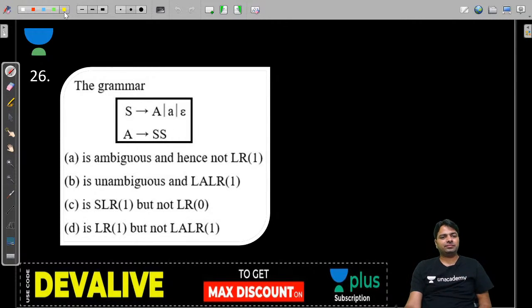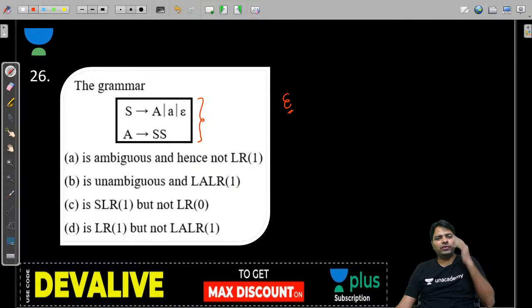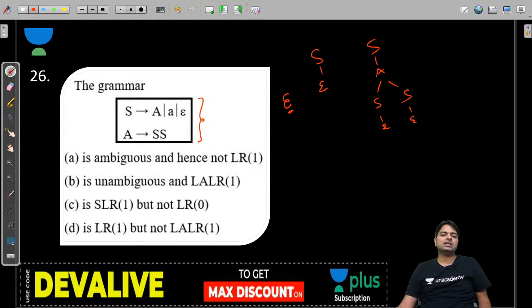Quick. Is it ambiguous? Yes, you can see very quickly, guys. If you look at epsilon, even in this string, if you forget about left and right recursion, epsilon you can derive two ways: S to epsilon, S to A S S, again epsilon. And how many ways? In general, infinite ways you can generate. For epsilon, you have more than one parse tree. If I ask how many, infinite parse trees.